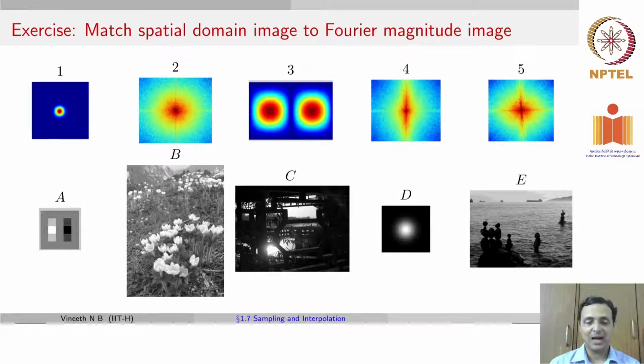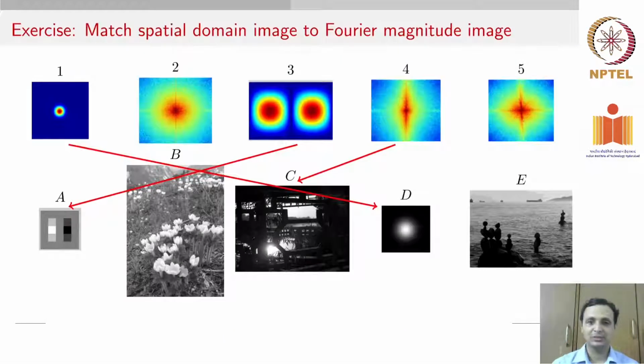Okay, the other exercise we had was to match spatial domain images to Fourier domain images. Hope you had a chance to figure out these answers yourselves. In case you had doubts on the answers, let's do the simple ones first. 1 would go to D, that's straightforward. 3 would go to A, straightforward, and we also had that clue in one of the slides in the earlier lecture. And 4 goes to C, mainly because you look at 4,